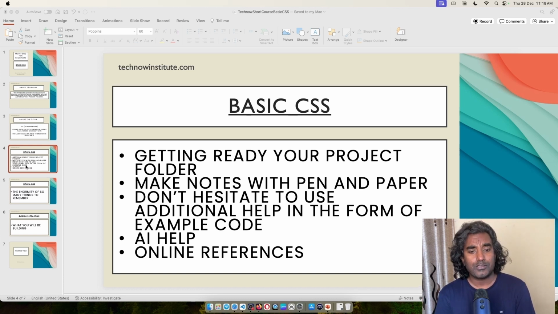So as always, do not hesitate to use additional help in the form of example code. Now you have example code given by us, you have example code online, you have example code on AI if you're using it, and so on and so forth. As always, there is no shame in taking outside help. Okay. And next thing which I want to emphasize is,